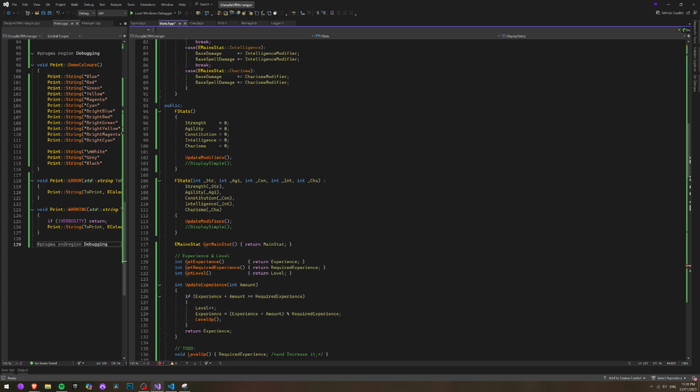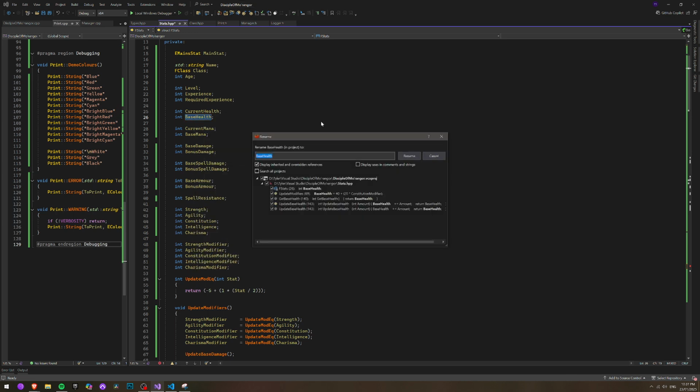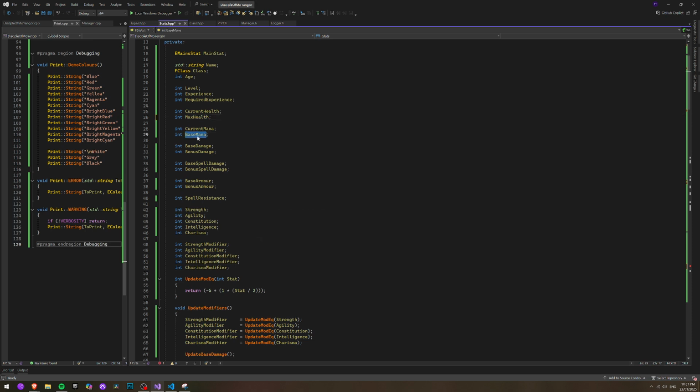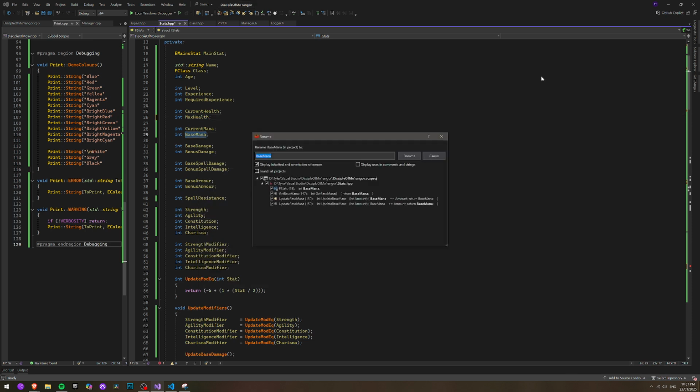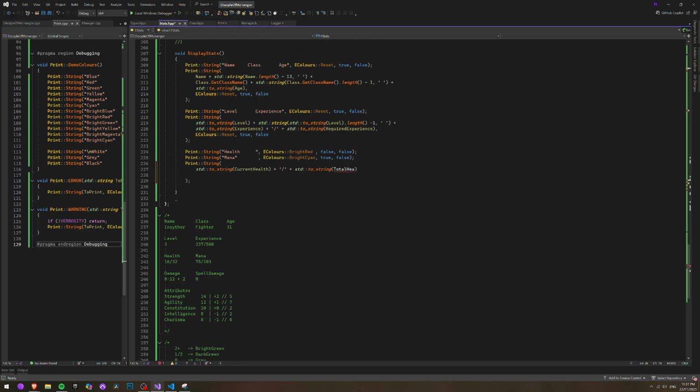Hold on. What the fuck? Am I crazy? Base health. This is wrong. Max mana. There we go. It has to be max, right? Like there's no way that it can be anything else. Plus